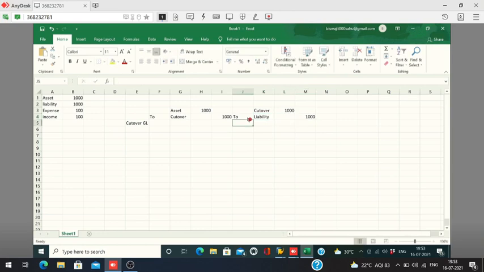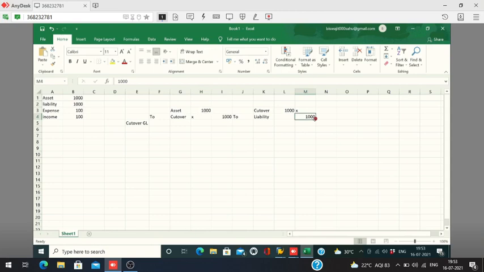Now your cutover is 0. Here cutover is 0, only the remaining asset and liability are left. Like this you have to post the initial entries.